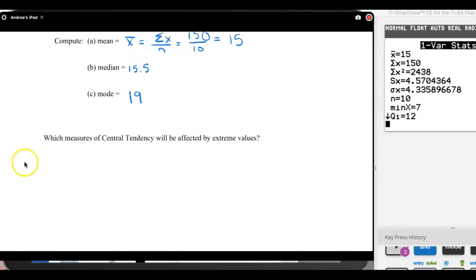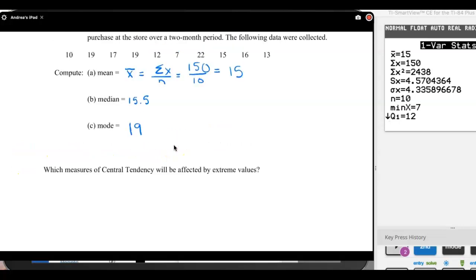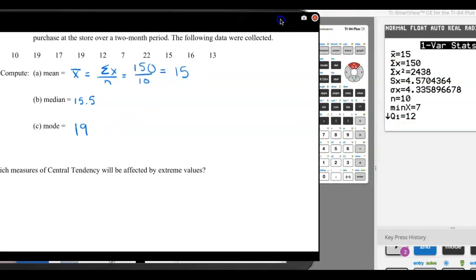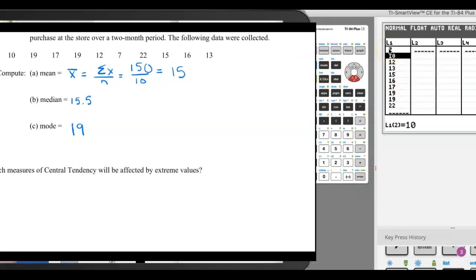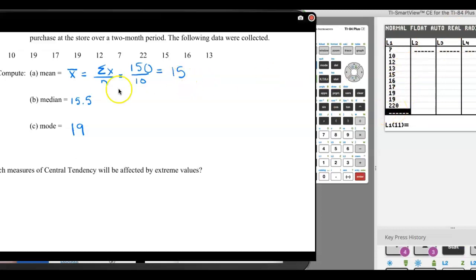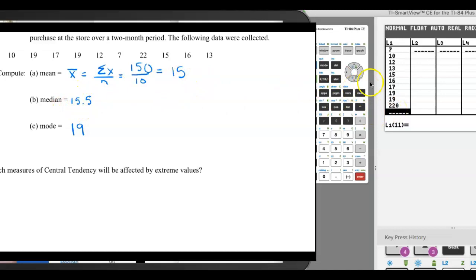Now this last question says, which measures of central tendency will be affected by extreme data values? So what you want to think about on your list here, when we talk about extreme data values, if I look at my list here, let's say my 22 instead was 220. That's an extreme data value, very far away from the rest of the data. Well, does that change my median? Remember, the median's the middle here. It does not,